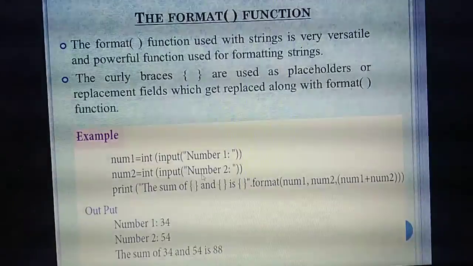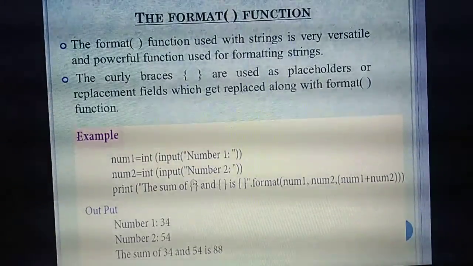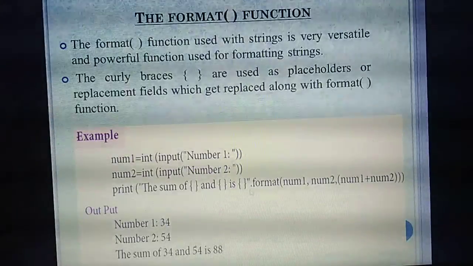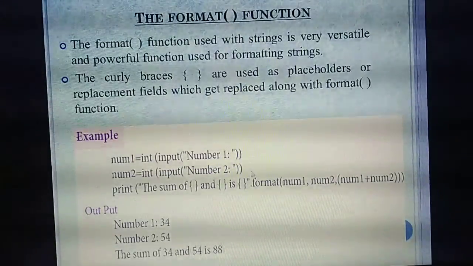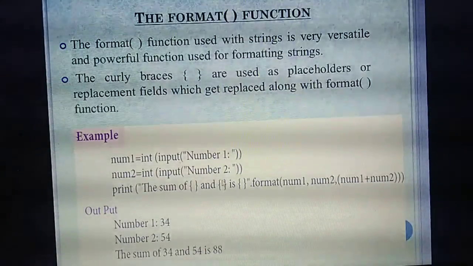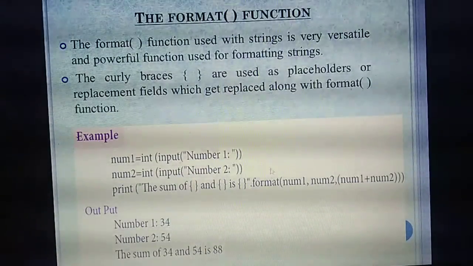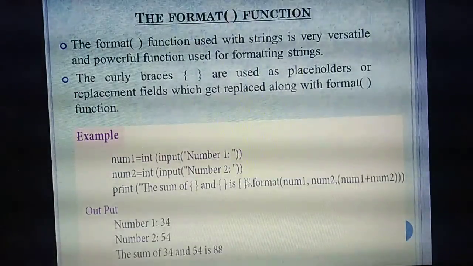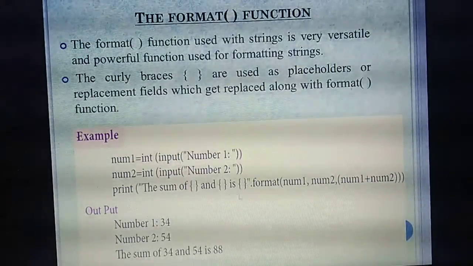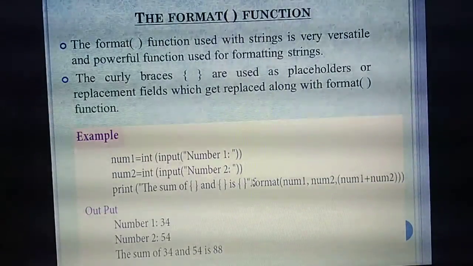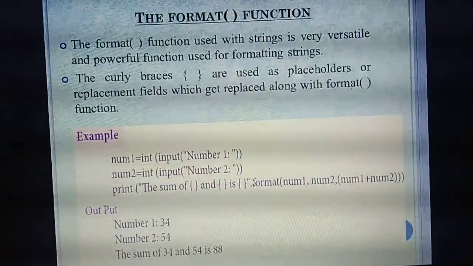That is why we call these curly braces placeholders. The values are inserted in those places. Understand? So what is the meaning of this? In the sum sentence we give three curly braces in the program. The first number is stored in the first curly brace, the second number in the second curly brace, and the sum you are giving is stored in the third curly brace. So you have given the curly braces. Then you need to add the two numbers. For that, which function are you using?